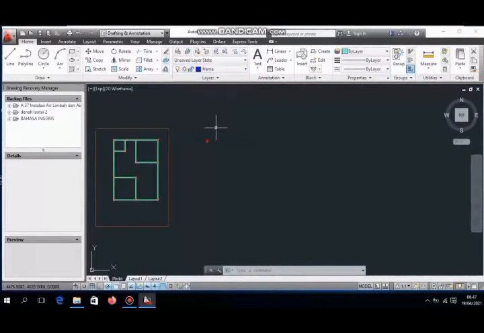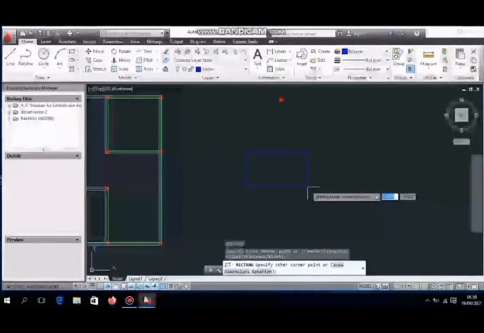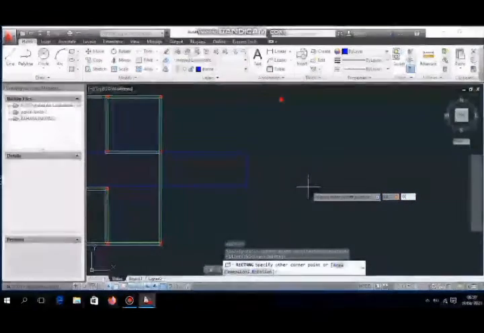After that, we move frame layer. We make a frame of door.